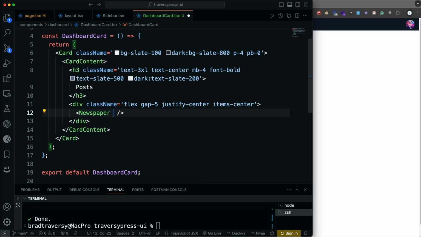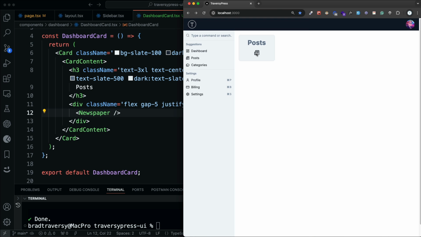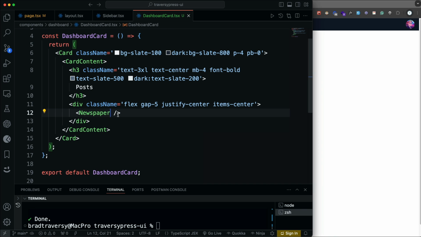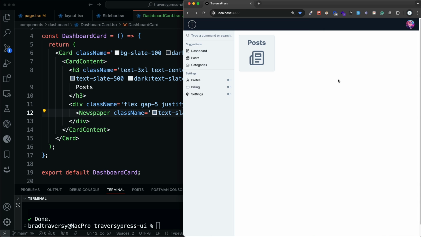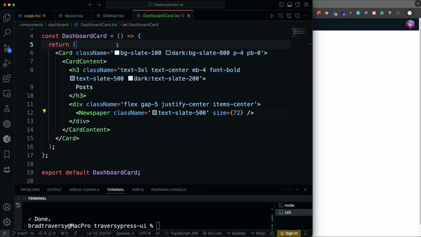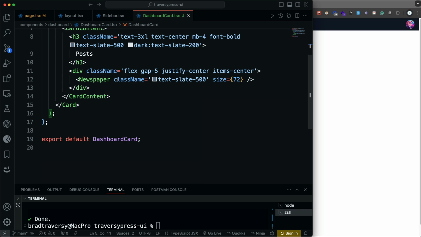Now I want to change the size, because you'll see if I save it, it's very small. I also want to make it slate color as well, so let's add a class name to this, and let's do text-slate-500, and then we can also add in a size prop. So the size, I'm going to set that to 72. And there we go. Now we also need the count, so let's go back in here, and I'm going to